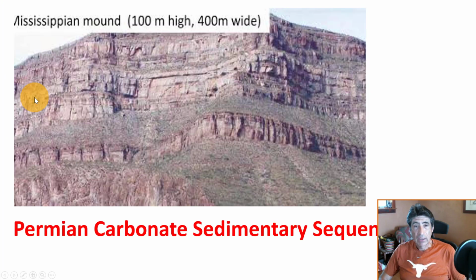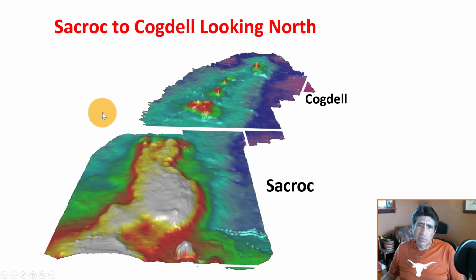Very interesting. And the second data set, the second exercise of core log integration, pertains to the Permian carbonate sedimentary sequence. This is in West Texas. We're going to look at core and well logs acquired in the SACROC field that belongs to Kinder Morgan. And the SACROC field, if you allow me to do some space representation, is a mound reef. I'm sure I'm not using the right name, but it's an uplifted protuberance that has carbonate rocks. These are carbonate rocks with very good petrophysical properties.